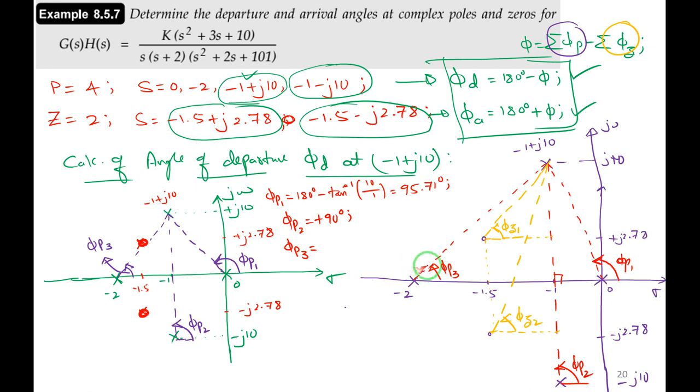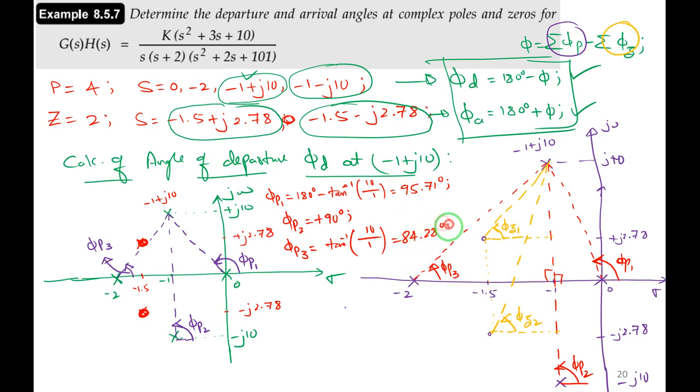Okay, this is the right angle triangle, the big triangle, right? This is 90 degrees. So you know, tan inverse of opposite by adjacent. Opposite is 10 and adjacent is 2 minus 1, which is 1, right? I want only the magnitude, so this 2 minus 1 is 1. So tan inverse of 10, I am getting